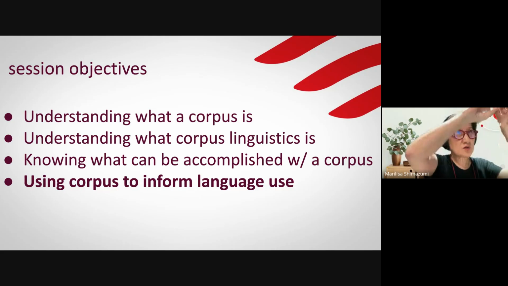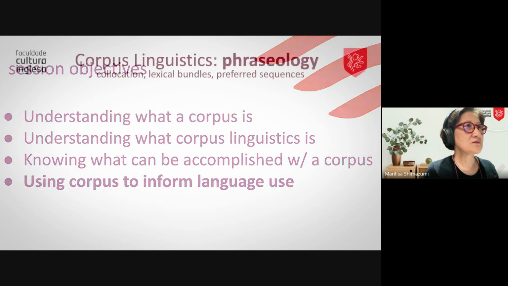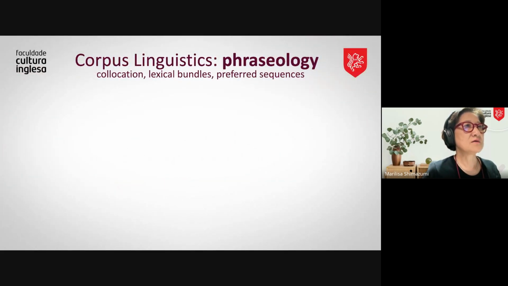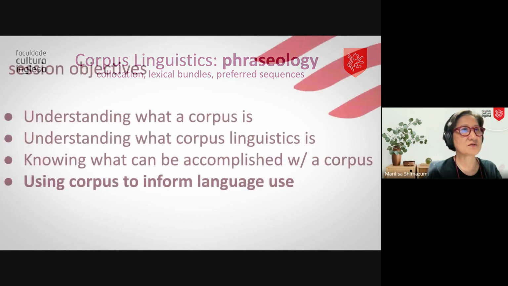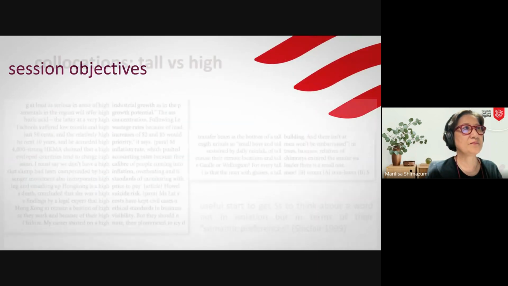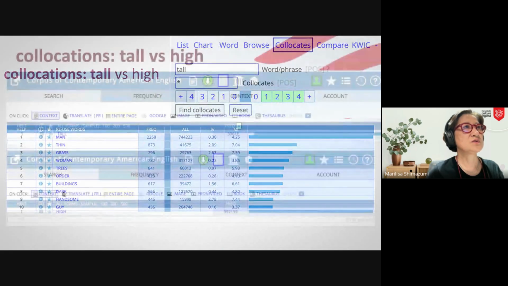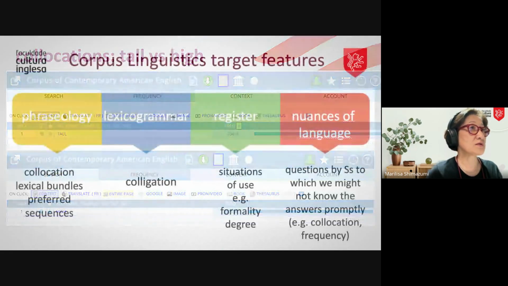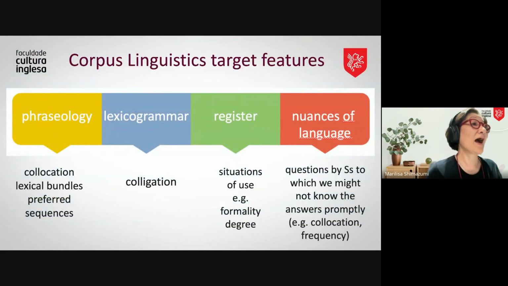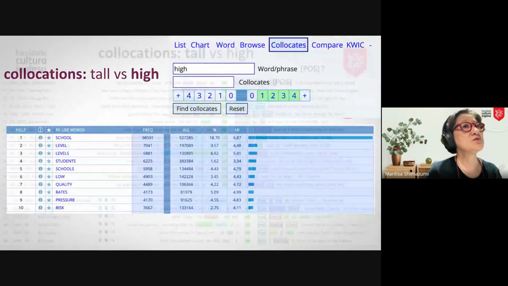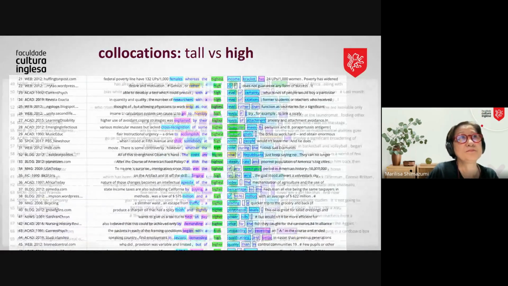We are going to go back to those little squares. I want you to have a look at how corpus can help us investigate language. So going back to phraseology,